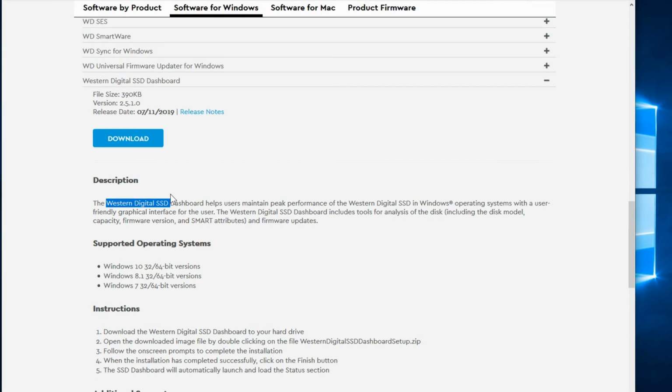So making sure you have the correct diagnostic tool for the drive that you have is important to get accurate results. Although there are exceptions to the rule, but do your best to get the correct tool, then you'll have the correct information to know if you need to replace that drive or not.